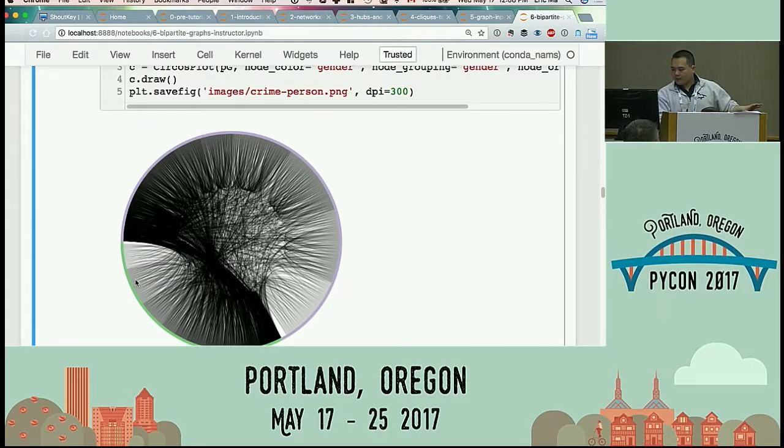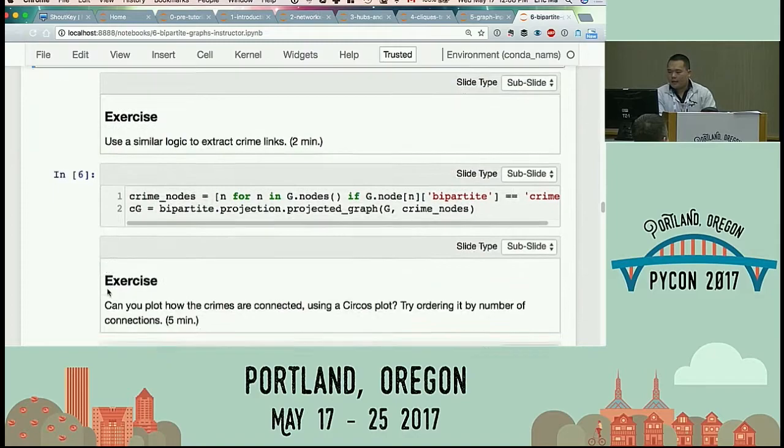I'm not going to belabor this figure too much, but just know that we can get the projection. It's a graph object in its own right, and that means we can pass that into the Circos plot constructor methods and use that to make these plots. Likewise, for the other